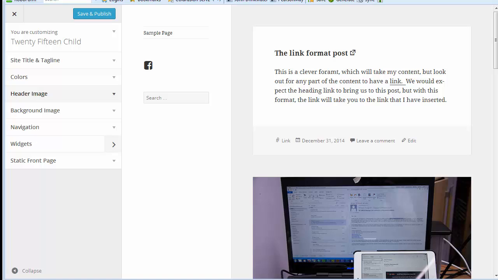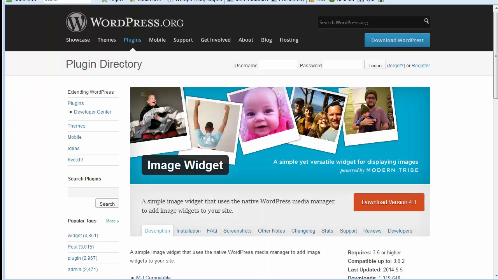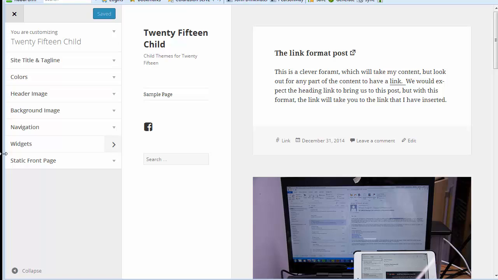So I thought, well, that's fine, because in my widgets I have added a new widget which allows me to put images in the sidebar. It's called the sidebar image widget, and it came from here. This works well. I believe others are available, but I like this image widget from WordPress, so I've downloaded that and I've added it to my WordPress installation, installed it as a plugin,